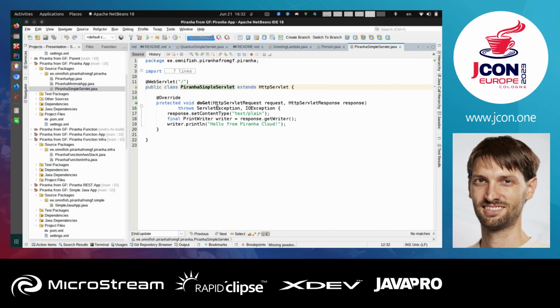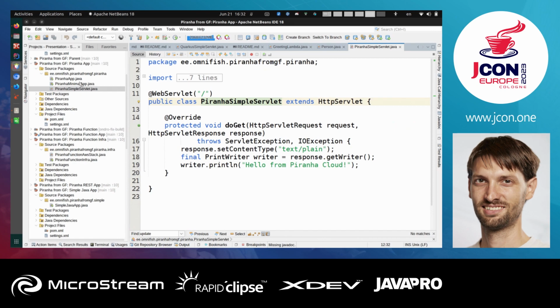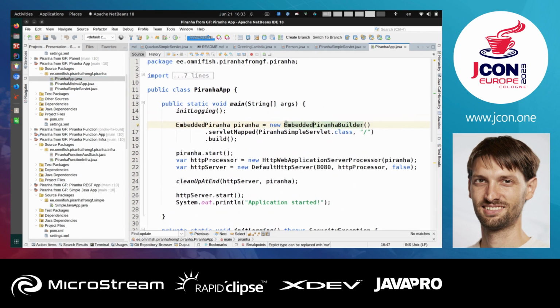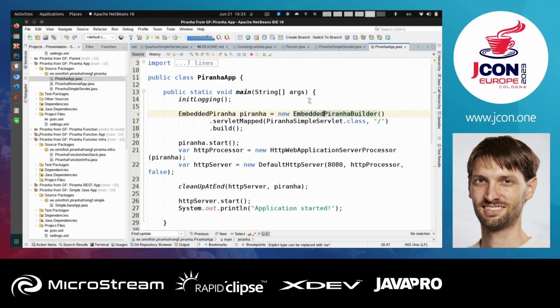is a simpler servlet as we had before, but now since we add the runtime to the servlet together into our application, we don't deploy the servlet to an application server, and we have nothing in the framework to generate anything for us like Quarkus. We have to write some code to run the application, and there are two ways I prepared. One is to run a standard application with HTTP listener. For that, we need to create the